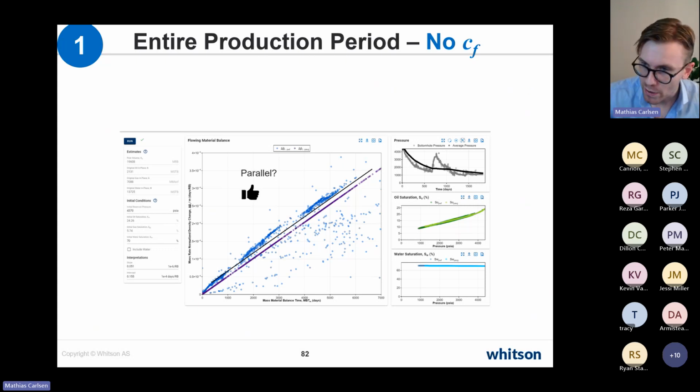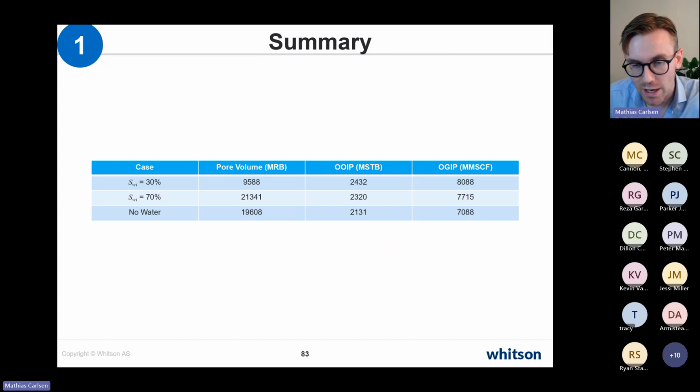Always sense check your average pressure versus your bottom hole pressure. Sense check your water saturations, because water can be important. And also you can use that line, but then you're becoming an expert if you want to sense check your rock compressibilities. So if we summarize these cases up, we see that with 30% water, our oil in place numbers,